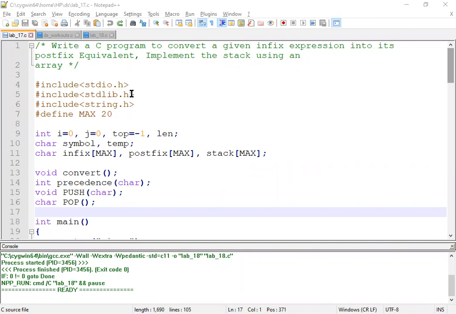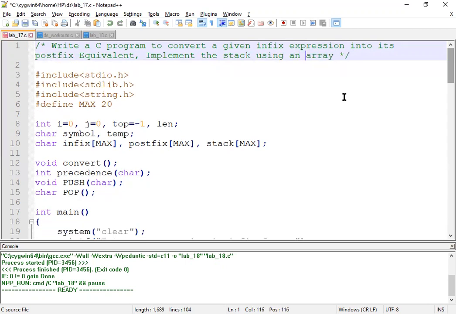Welcome students. In today's session, we will go through one more program based upon the stack concepts. One application of the stack is when we want to convert an infix expression into a postfix or a prefix expression; we can make use of the concept of stack and easily convert it. In this program, we are going to look at the program which will convert a given infix expression into its equivalent postfix expression using the stack applications.